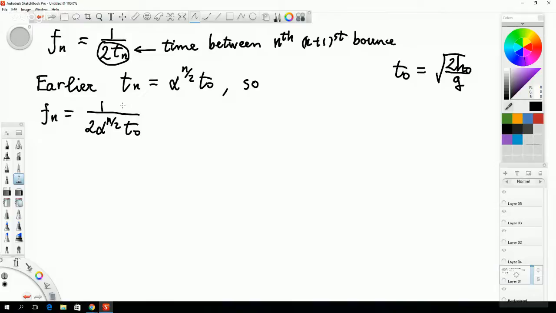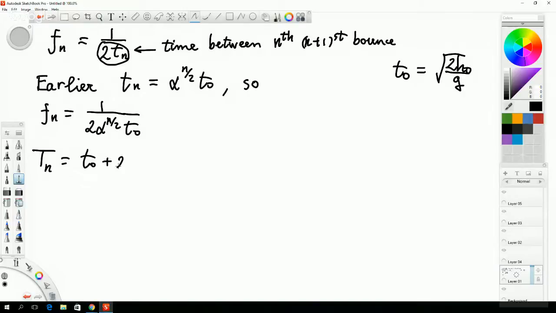But now the question is asking in the second part to have this as a function of time tn at the nth bounce. And I don't mean the time between any two bounces. I mean the time that you would have on your clock at the time of the nth bounce. Okay? So we need to now calculate this tn in general. Okay, so what is the time at the nth bounce? Well, we calculated the total time that it takes for the ball to bounce infinitely many times. So the time at the nth bounce is just going to be a part of that total time. So we're going to have the same formula as before.